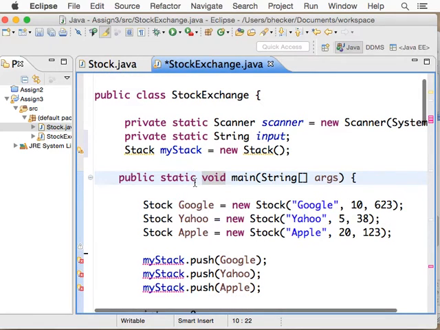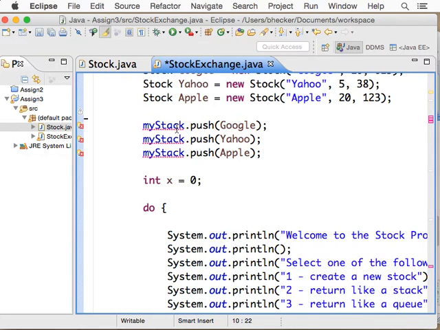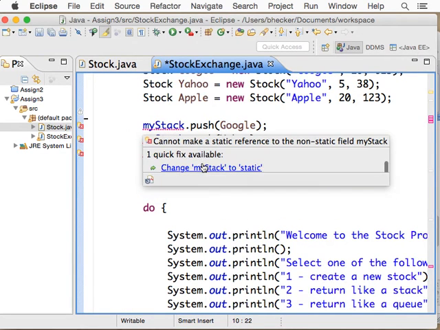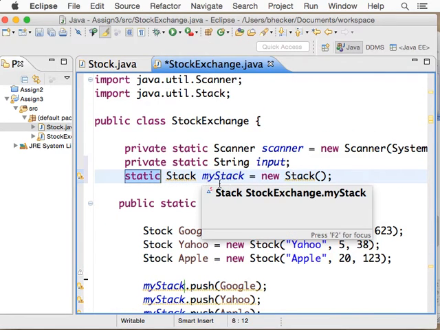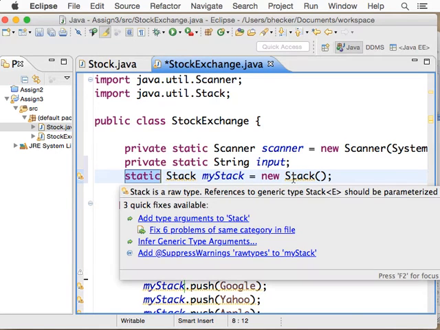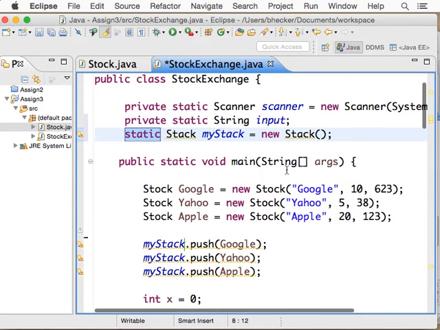I don't want to go into types right now. I need to make it static. So let's see. There we go. Static stack myStack is equal to new stack. I didn't type the stack with a stock. It's really a stock stack. I want to get into that later though, because this is way above and beyond what I want to do for this example. When we use a generic, what we've done here is we've created a stack,